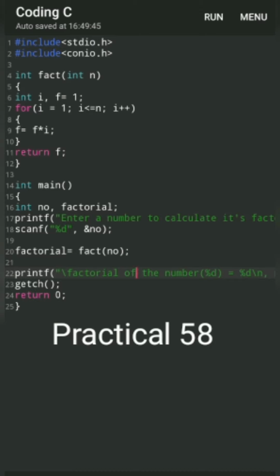And on lines 17 and 18 I have just initialized the variable number, and on line number 20 I have made the function call, factorial is equal to fact of number, because the fact parameter is given in the function part from line number 4 to line number 11. And then I've used the print command just to display the factorial of the number. I'm just going to run it